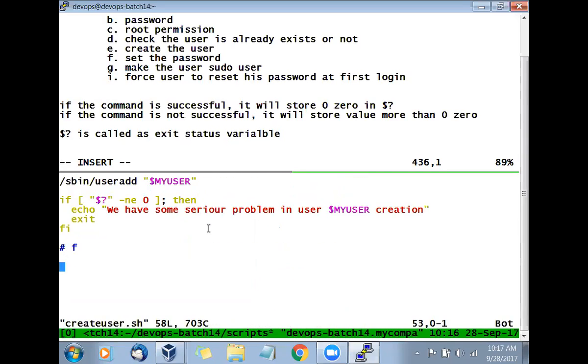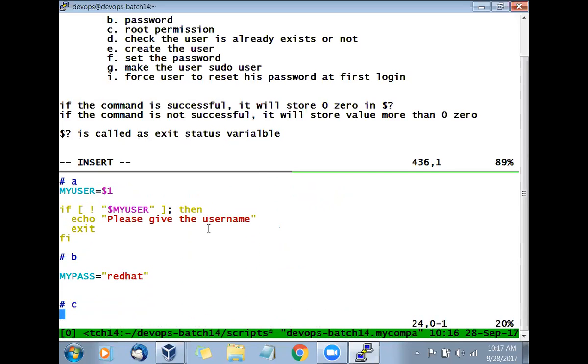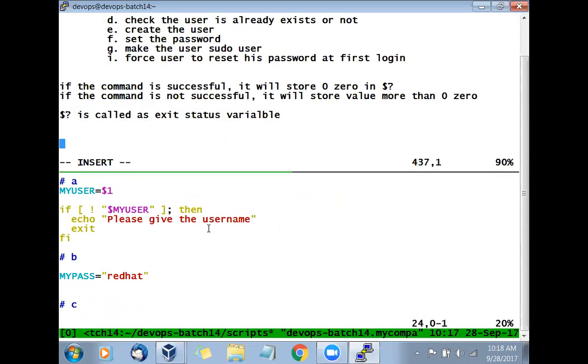we have already defined the password. In the earlier section, we have already set the password. So we have to use that password. Then how will you use that password in the script and create the password? Of course, we will use the passwd command only, but in a different style. Yes, we have to use that variable, but how? That is the important question. How will we use that variable?